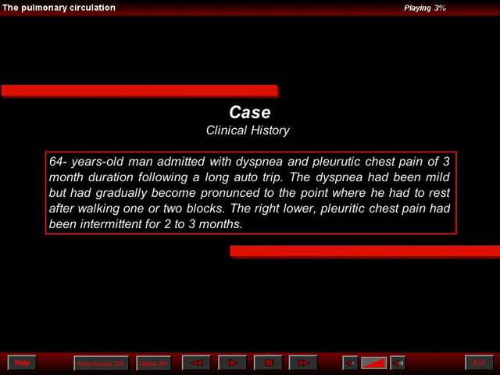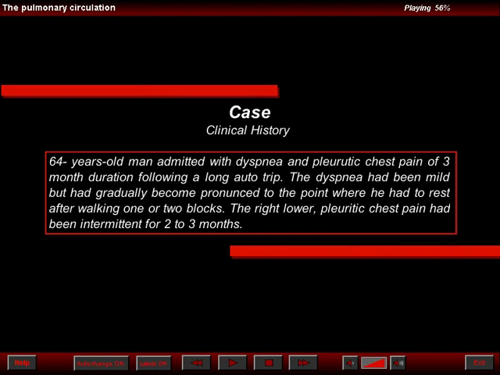We're now going to show you an unusual cause of pulmonary arterial obstruction. This is the uncle of a former technologist that worked in MRI, and her uncle presented at the age of 64 with a relatively short history of shortness of breath, pleuritic chest pain that lasted about 3 months before being